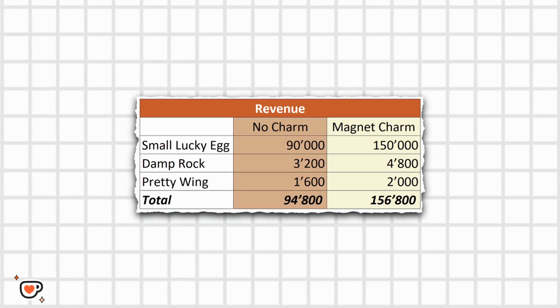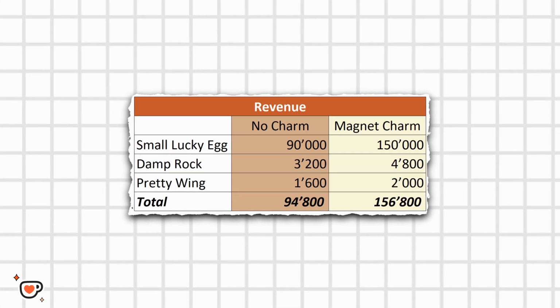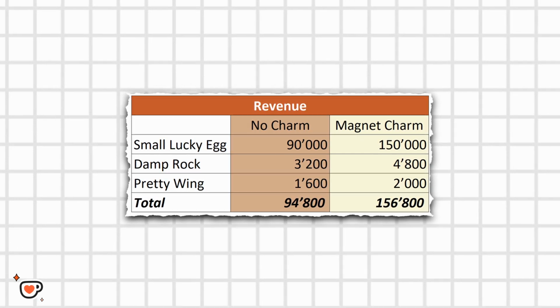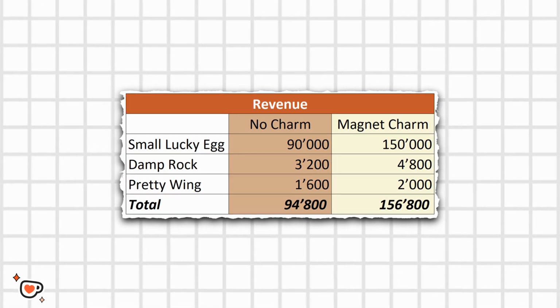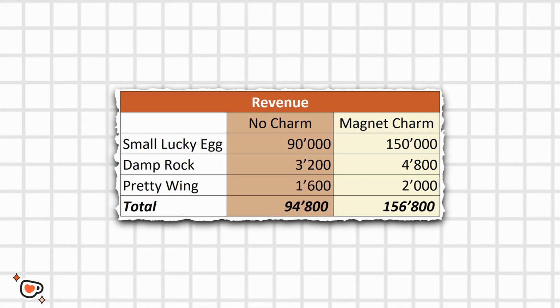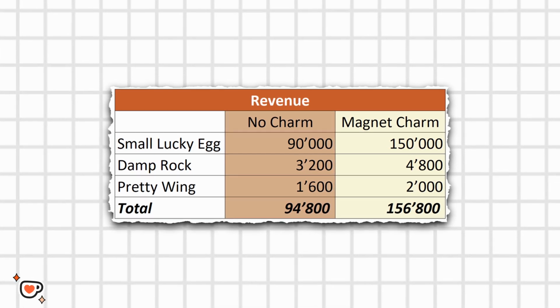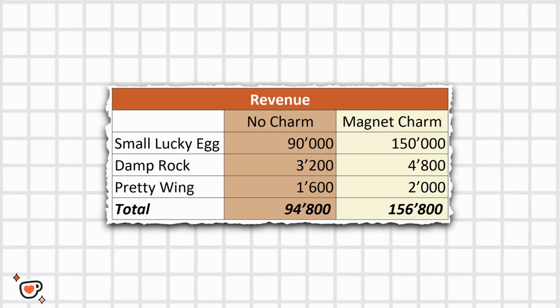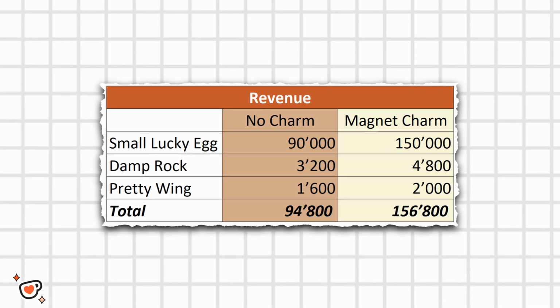As already mentioned, the main income stream comes from the small lucky eggs. In round 1 I found 3 small lucky eggs, which can be sold for 90,000 Poké-Yen. The remaining items have a much lower value and can be sold for 3,200 Poké-Yen and 1,600 Poké-Yen respectively. This results in a revenue of 94,800 Poké-Yen. While using the Magnet Charm, I found 5 small lucky eggs, which results in 150,000 Poké-Yen. The Damp Rocks and the Pretty Wings can be sold for 4,800 Poké-Yen and 2,000 Poké-Yen respectively, resulting in a revenue of